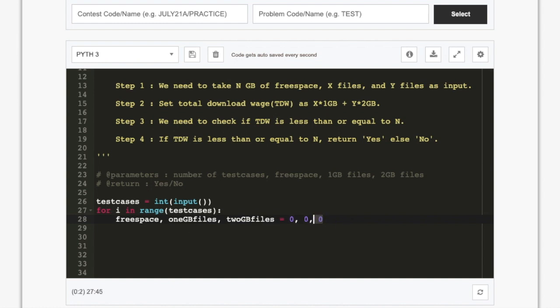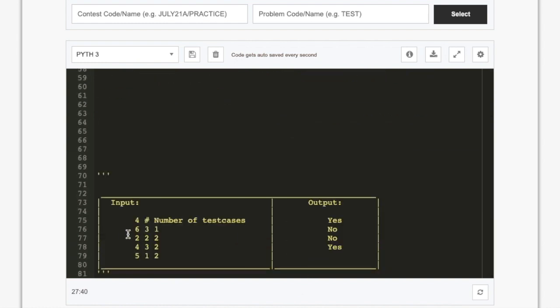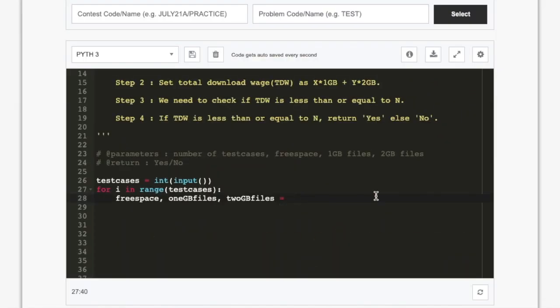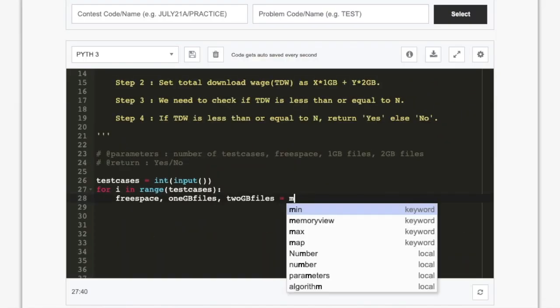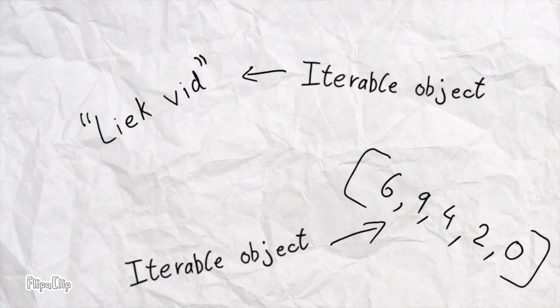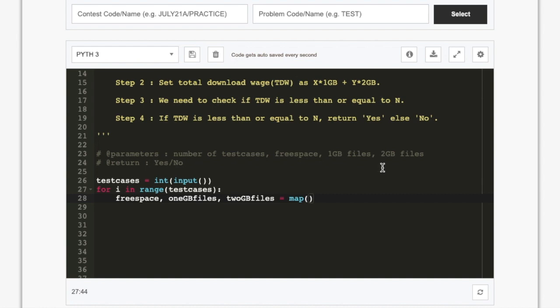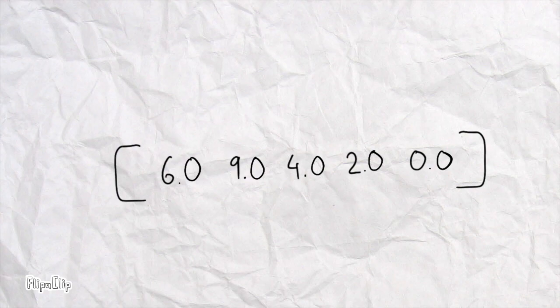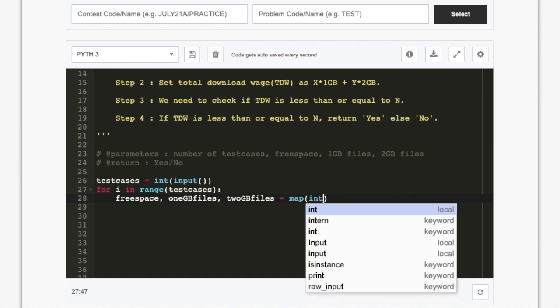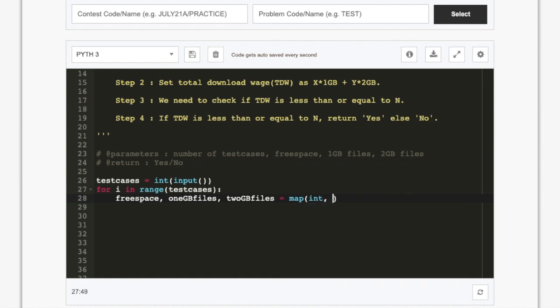Makes sense, right? But how we're going to do it here is that because it's guaranteed, here it's going to be 3 values in one line, as you can see. So we're going to use this handy little function called map. It's an inbuilt function which takes an iterable object, any iterable object, and it converts all of the elements of that object into a specific type. Like let's say we want to convert all of them to int, because yes, we do want to convert all of them to int. So we're going to write int, then we're doing a comma,